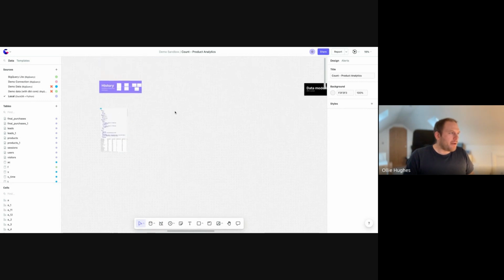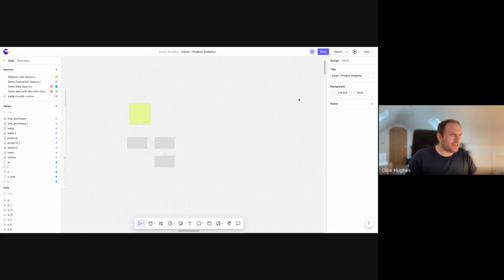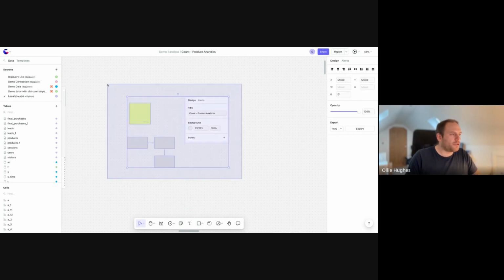So you may have noticed that we're in this kind of canvas board here. Down here is a menu which you may be familiar with if you're working in product a lot. It's the collaborative whiteboard tools. We have sticky notes here. We have objects you can add in. You can build process flow diagrams, for example. We can even take screenshots of a part of your website, or in this case, a bit of our own product UI here, and inject it into the canvas, just like you're using a collaborative whiteboard.